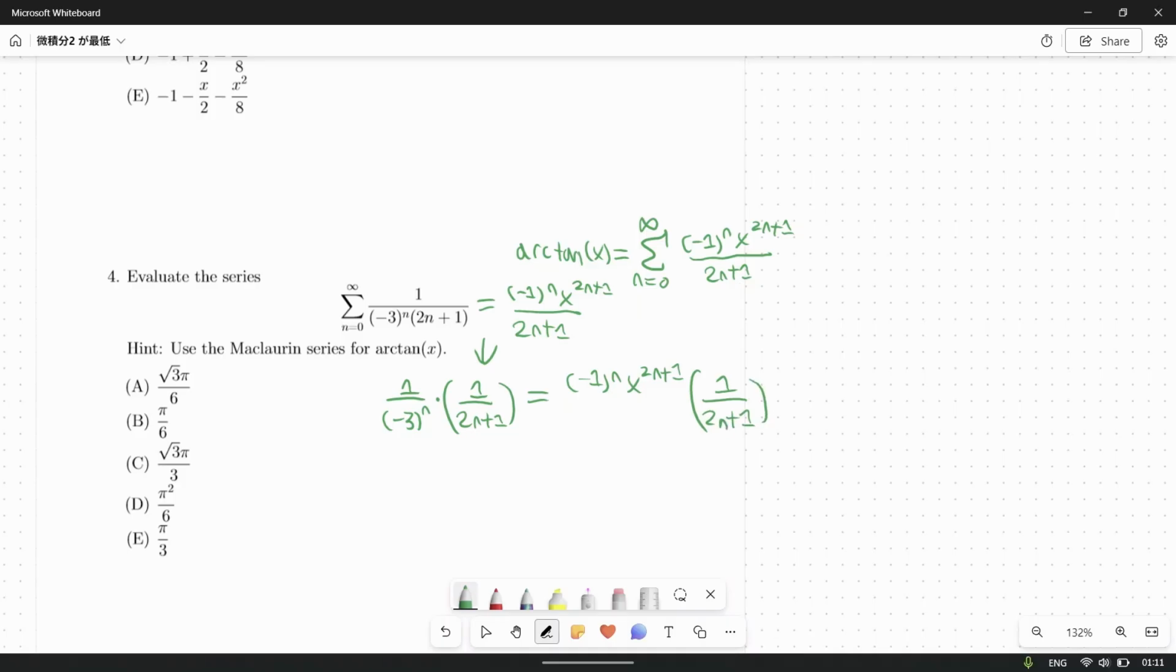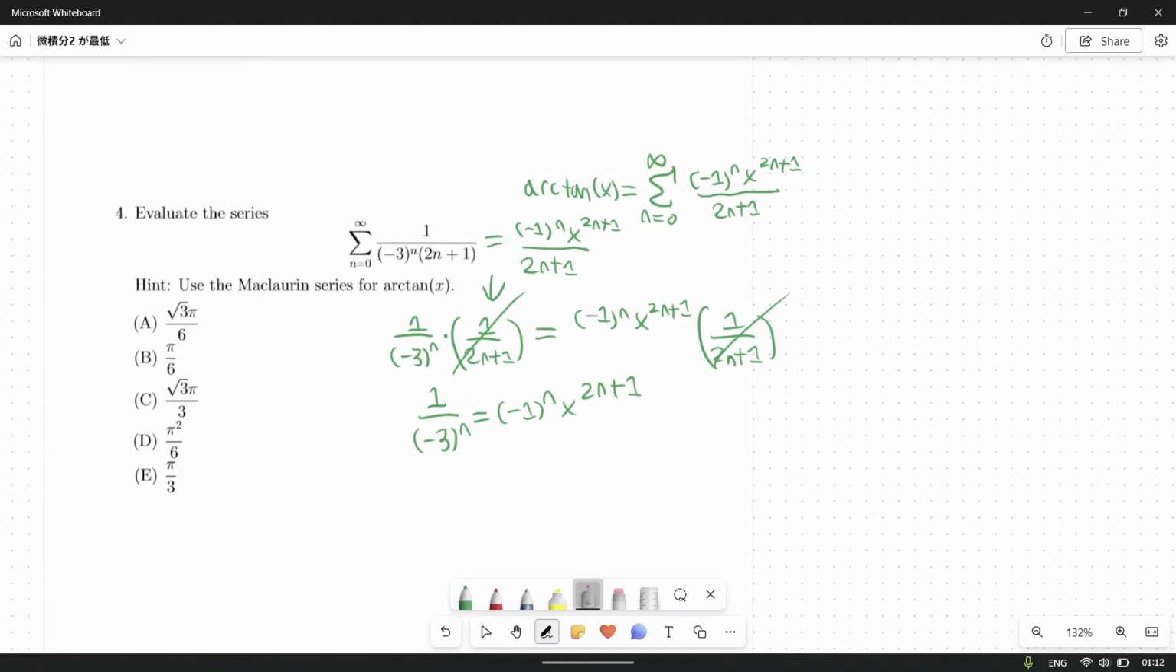And then from here, now that we've isolated that 1 over 2n plus 1, we can just cancel these out, and you just end up with a simpler expression that looks like 1 over -3n is going to be equal to -1 to the n power times x to the 2n plus 1. And then to isolate that x to the 2n plus 1 power again, we can just move this to the other side, and you'd end up with x to the 2n plus 1 is going to be